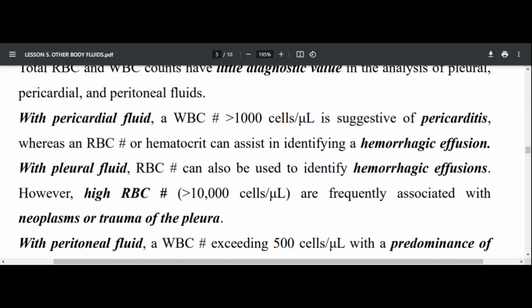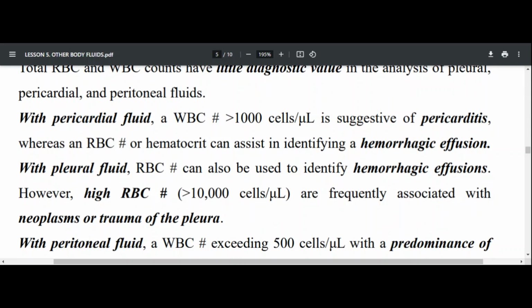that can lead to identification of hemorrhagic effusion. But with the pleural fluid, and of course, you remember that pleural fluid is collected from the cavity of the lungs, right? Sometimes people confuse these fluids. Sometimes we don't differentiate between peritoneal fluids, pleural fluids, and pericardial fluids. In fact, pleural fluid is collected from the back of the lungs. There's a cavity which covers the lungs. Sometimes fluid accumulates there. We can collect